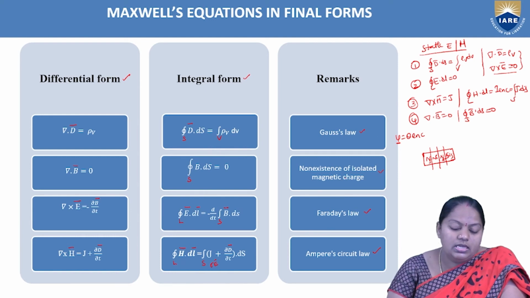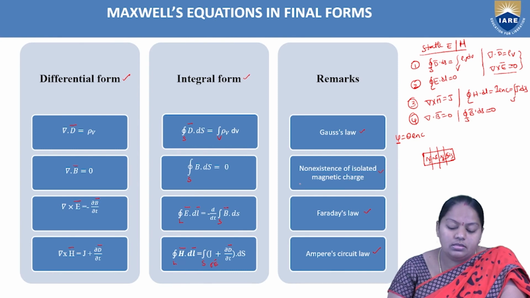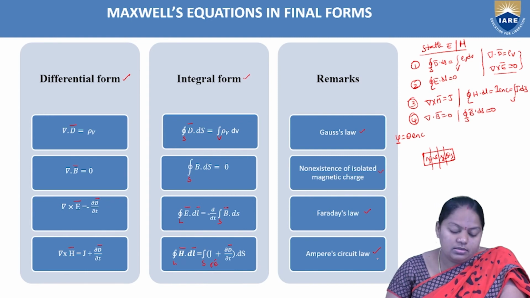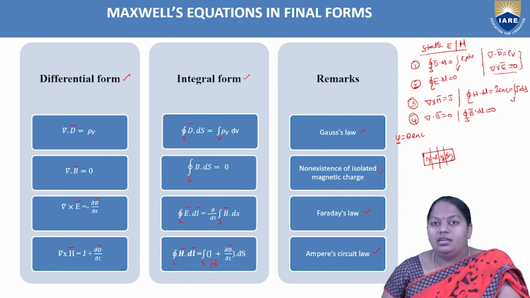And the second one, universally, that is del dot B bar equal to 0, means magnetic monopole does not exist in any closed conducting surfaces. Hence the closed surface integral of B dot dS is equal to 0. And according to Faraday's experiments, del cross E bar equal to minus dB bar by dt. And according to the modified form of Ampere's circuital law, the equation is del cross H bar equal to J plus JD, where J is the conduction current density and JD is the displacement current density. Right? So these are the four Maxwell's equations which are to be finalized in the case of time varying fields